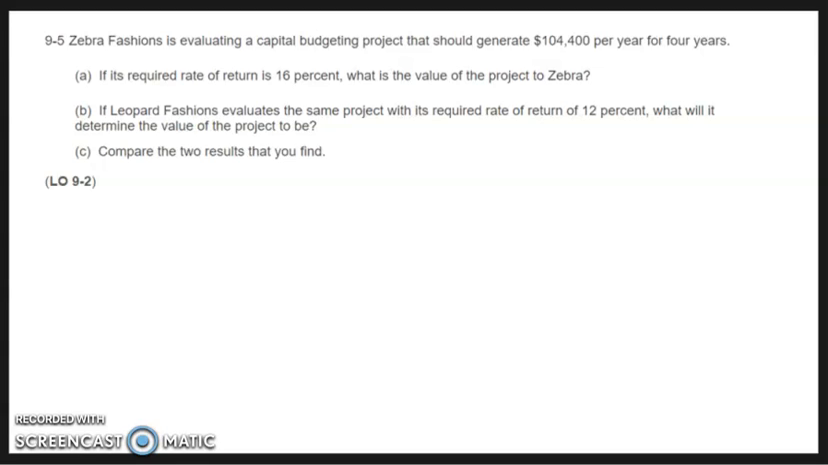So I'm going to do it with a formula, and then calculator. So this is a present value of annuity that we're calculating here. We can also use an NPV function in Excel. It would be